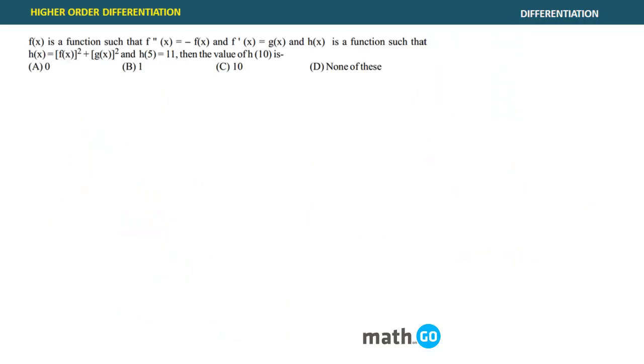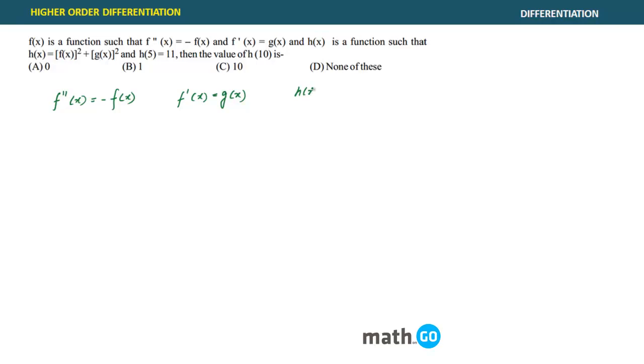Okay, let us take another problem to understand the concept of higher order differentiation. It is said f(x) is a function such that f''(x) is given in terms of f(x). It comes out to be minus f(x). Okay, and f'(x) is given to be equal to g(x) function,